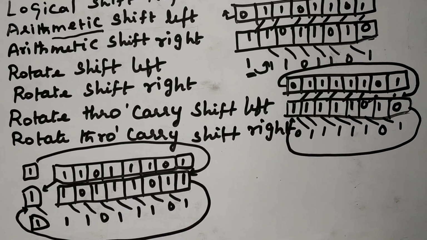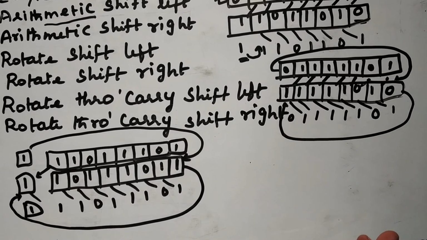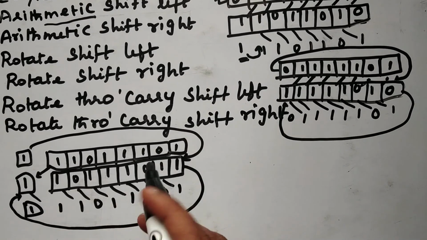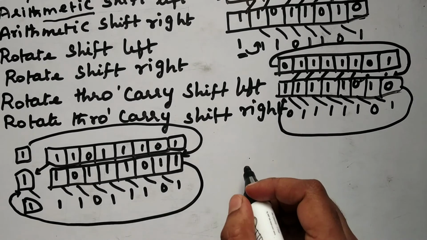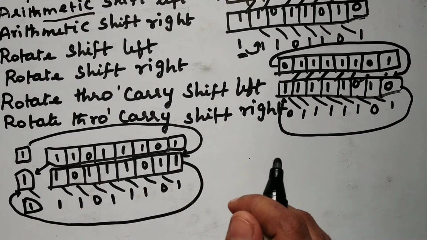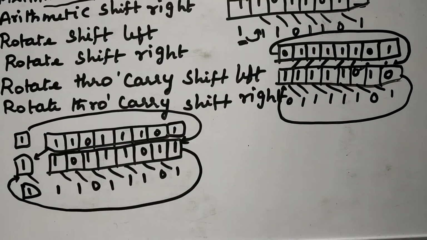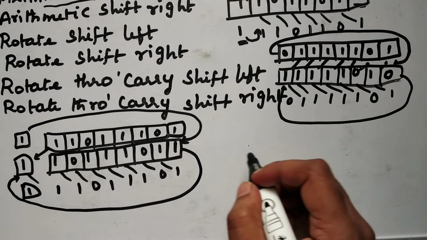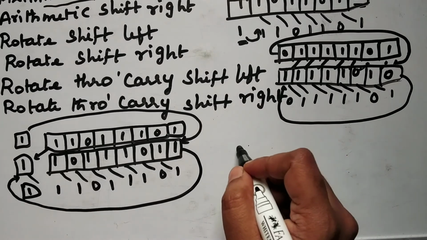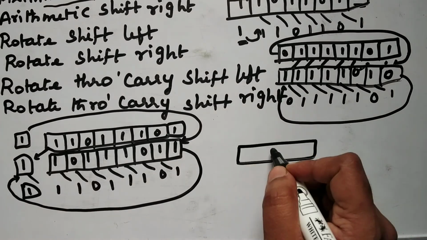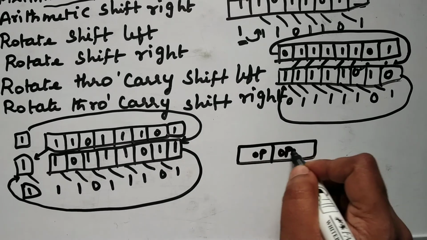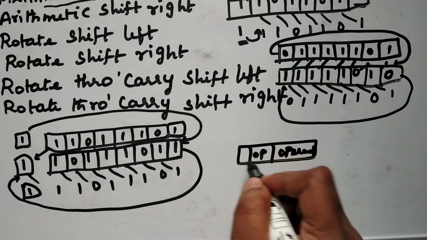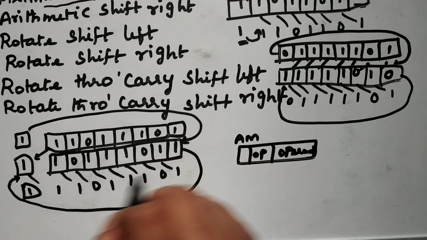So these are some of the shift instructions that are available in the basic computer, and we discussed how each and every shift operation can be performed. While performing a shift instruction, we need to check the instruction format. Each instruction may have one specific format. The general instruction format may consist of two fields: one is opcode and another is operand. One more field can also be there, which is the addressing mode.